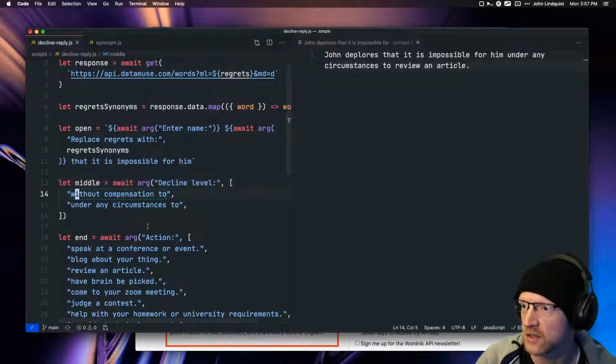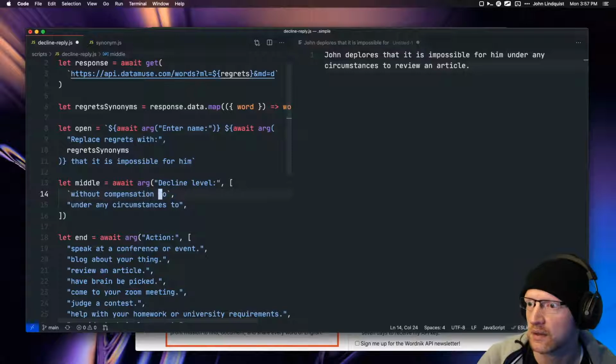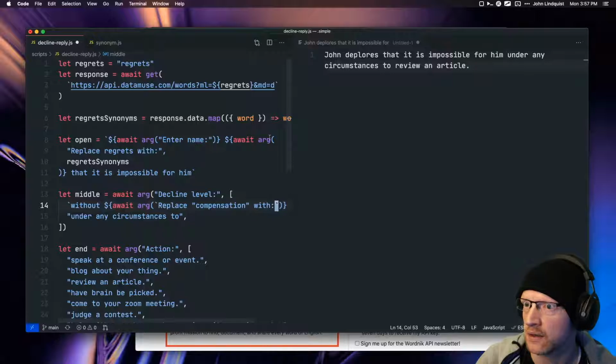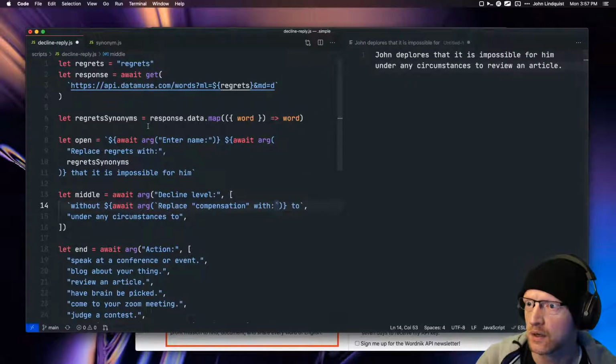So we'll change this into a template, and this can await arg replace. Actually, let's put quotes in there. So replace compensation with, and then I'm going to do it like, I'm going to see how,